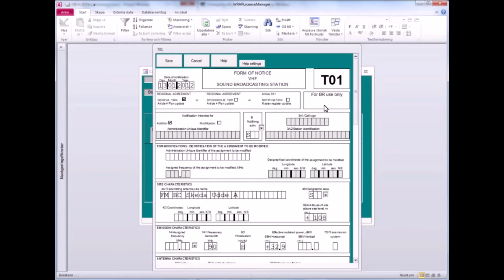Much of the data on this TO1 form is pre-entered because it already exists in the database. And I'll just make a few additional definitions here. I intend this to be a master register update, a notification. As an addition, then I need to enter an administration unique identifier. I'll just enter any